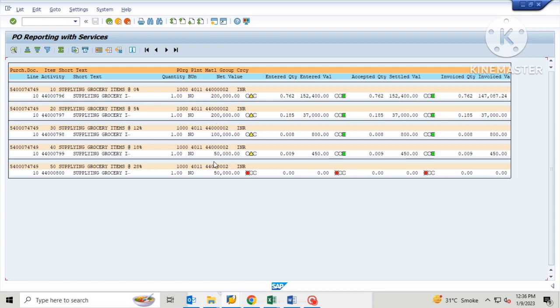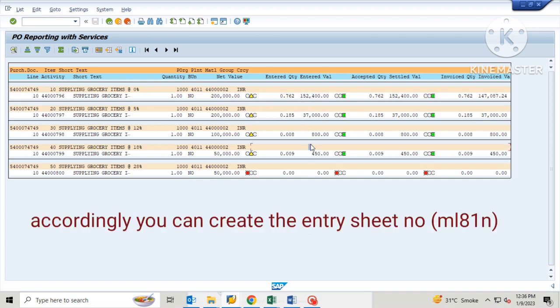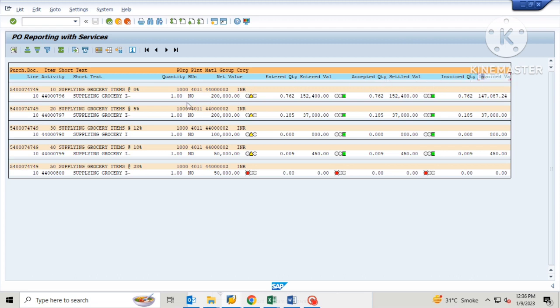In this PO, a total of four line items are showing, and you can see the provisional amount, the total amount, how much amount is booked against invoice, how much amount is balance, and how much amount is accepted in the system. You can see all the details, and using these details you can do your next